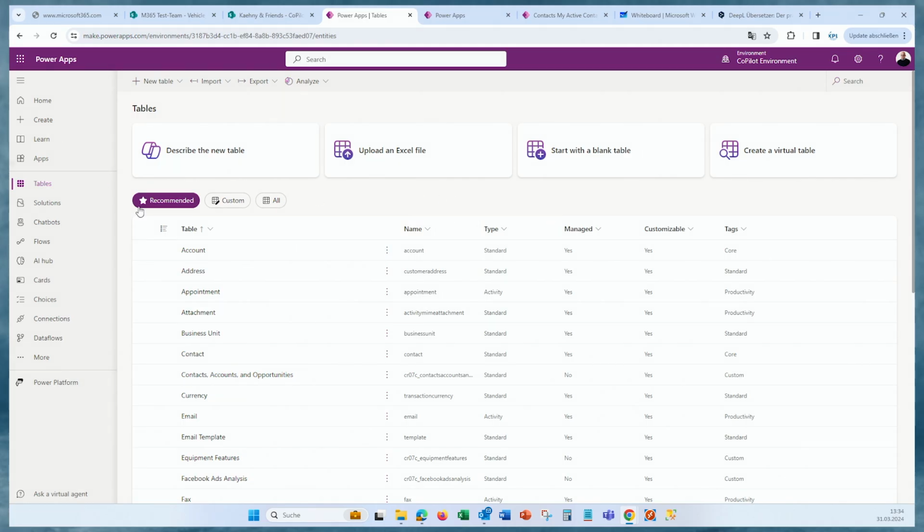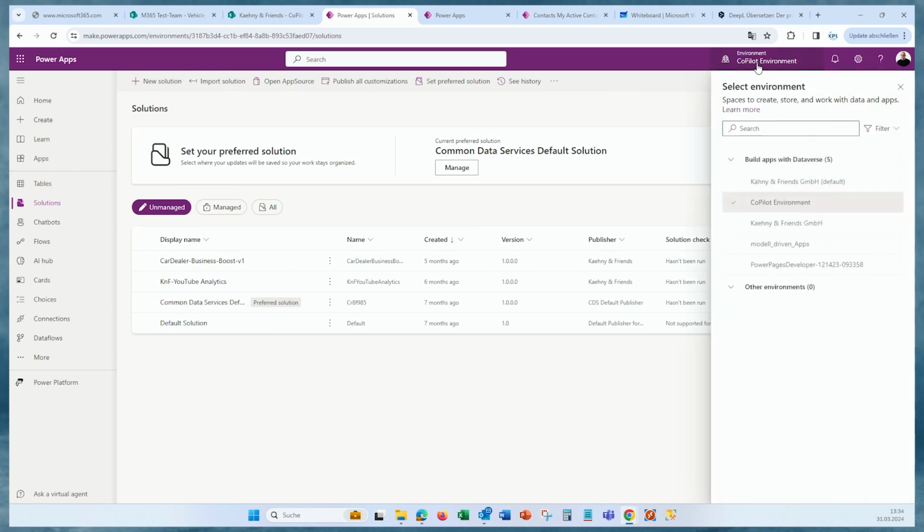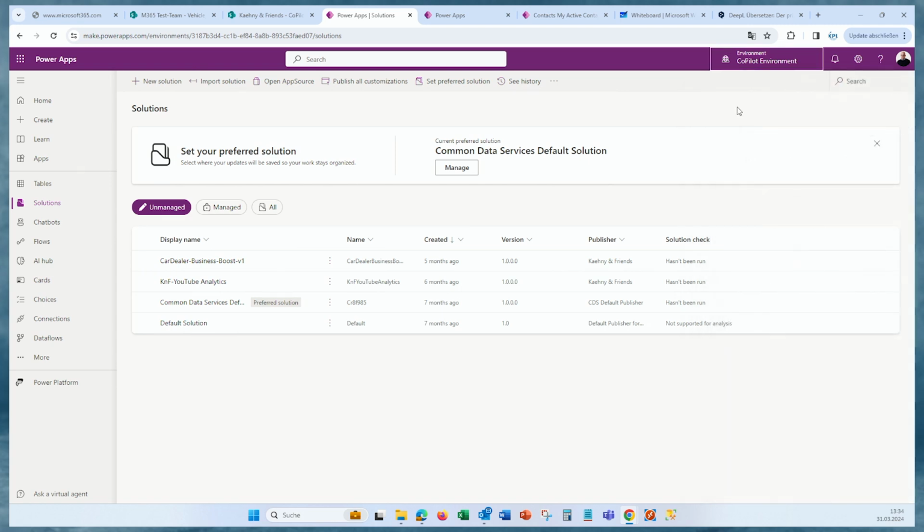Working with all these different components, it is good practice to bundle them in a solution. The solution is also important if you want to transfer your solution or your components from one environment to the other environment, like from a dev environment to a test environment or a production environment. As you can see here, there are different environments, and so if you want to transfer them, you need a